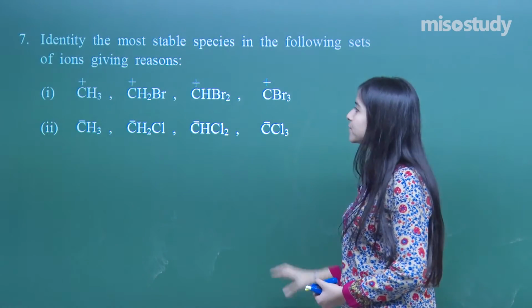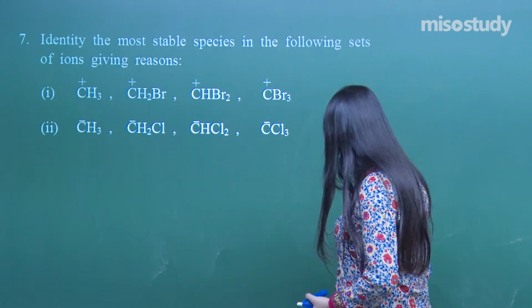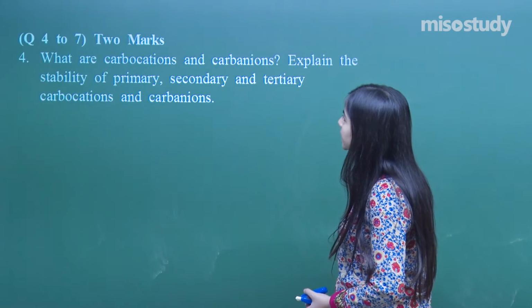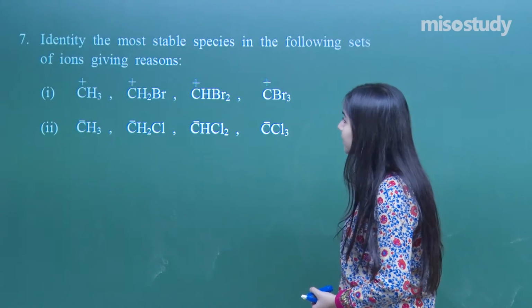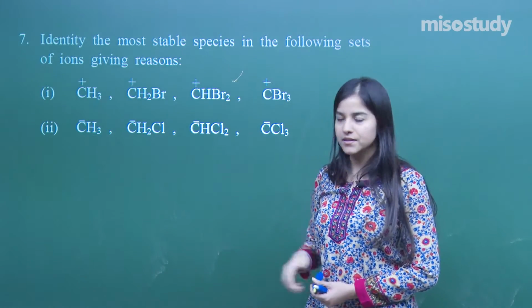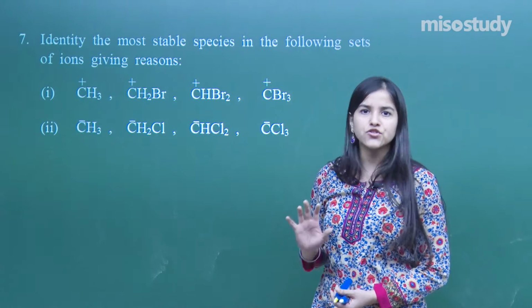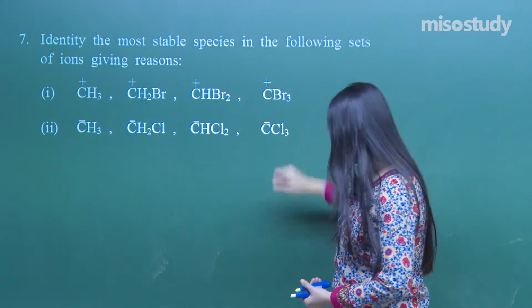So here you have to write the proper explanations, right? Do not just go, because it was, see here, a 2-mark question. I need 2 full marks, right? Don't just pick out and strike out the answer. Just give a slight reason, a 1-line reason for each and everything over here, right?